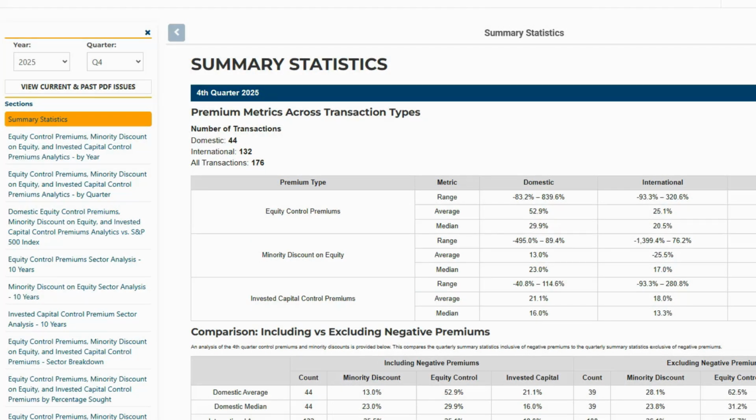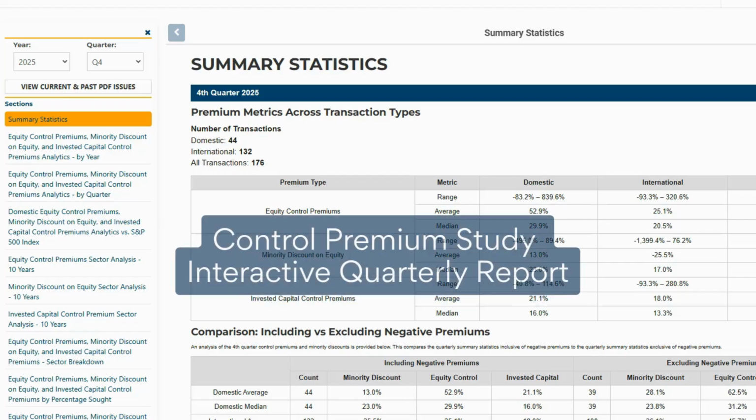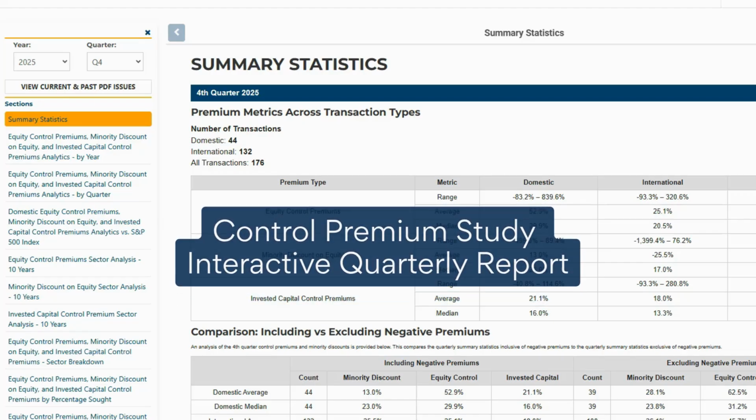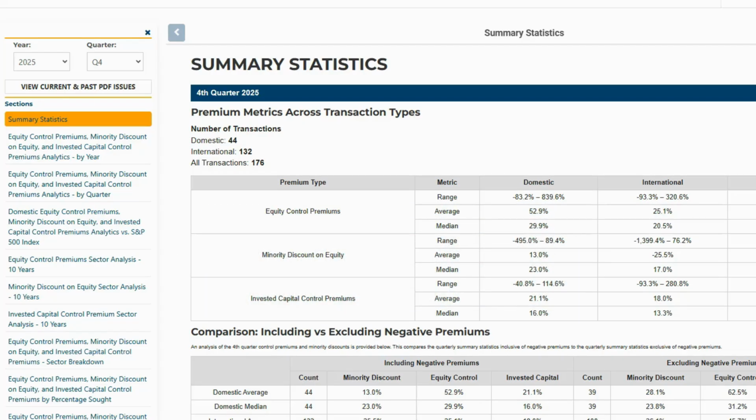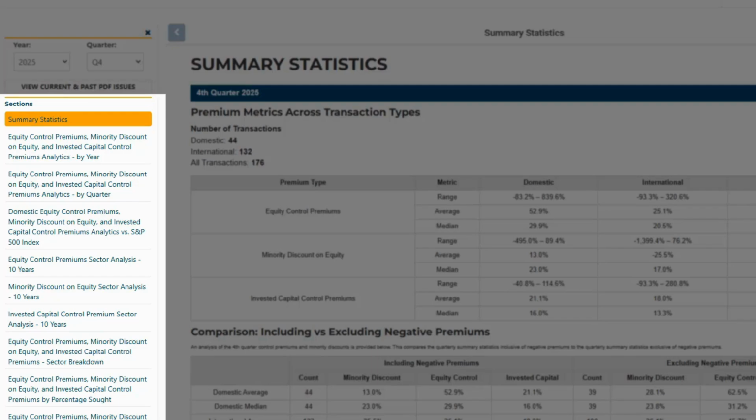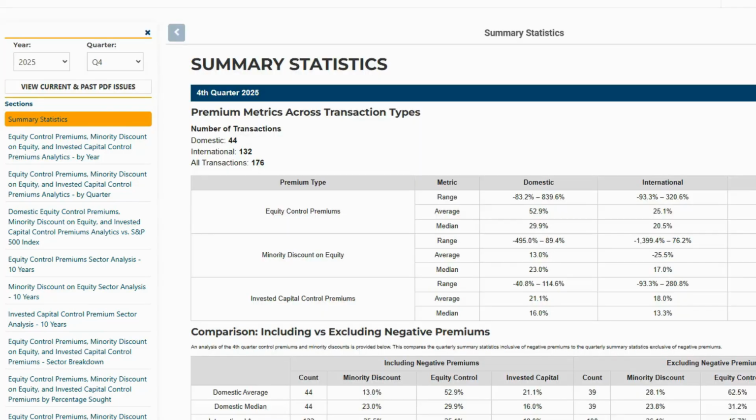On behalf of BVR, I'm excited to share the new Control Premium Study Interactive Report with you. The new Control Premium Study Interactive Report is available in addition to the Control Premium Study PDF report. Subscribers to the FactSet BVR Control Premium Study will have access to both reports. The Control Premium Study Interactive Report includes all of the same sections as the PDF report, but it also provides